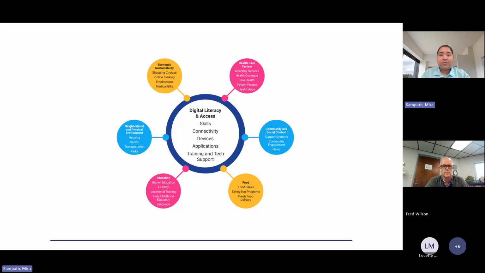or they have an app that shows you the schedule. So again, whether or not you have a device, whether or not you have the skills impacts your ability to use those services. So again, to really sum it up, we really think that your ability to access broadband, your ability to have a device, and digital literacy and skills impact all the other social drivers of health as well.